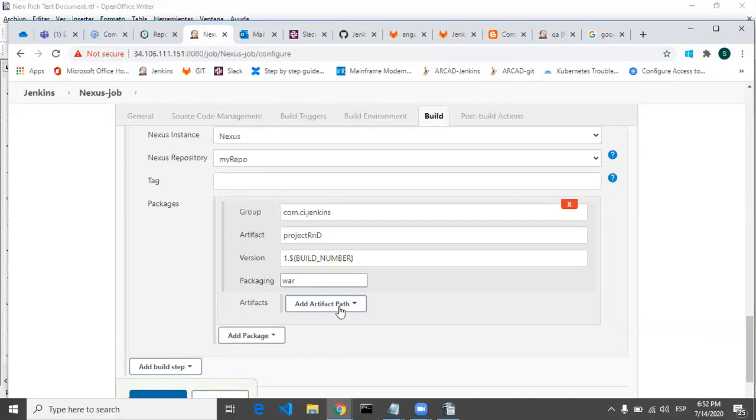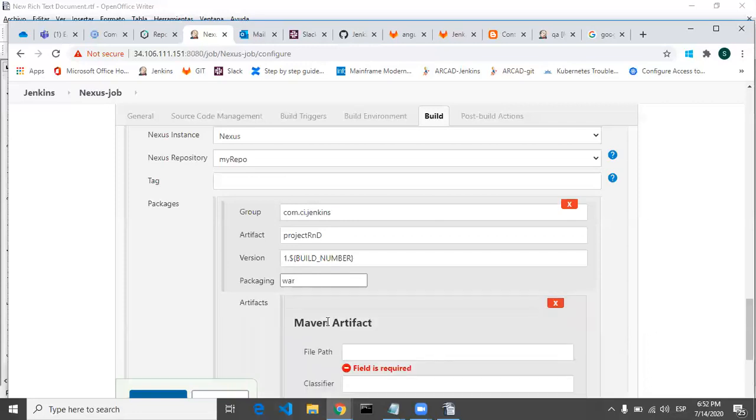Now you have to give the artifact path. That means the Jenkins will build and package your application. So it will place that war file in some location, right? So you have to give the path of that Maven artifact.